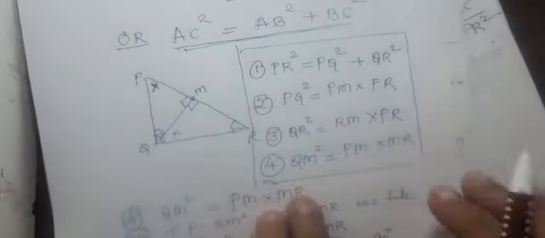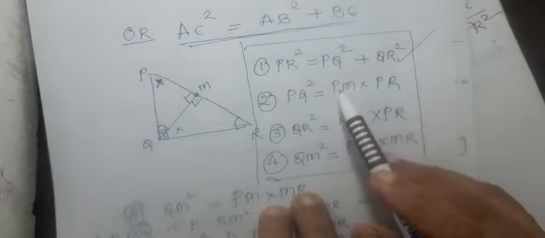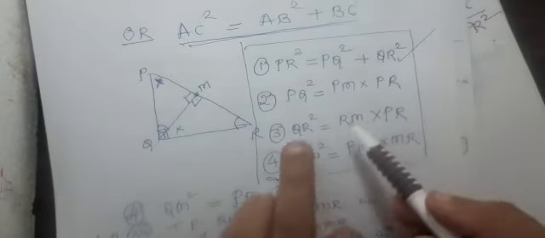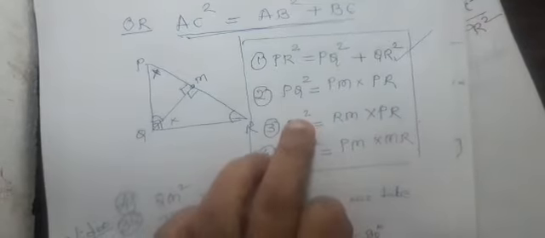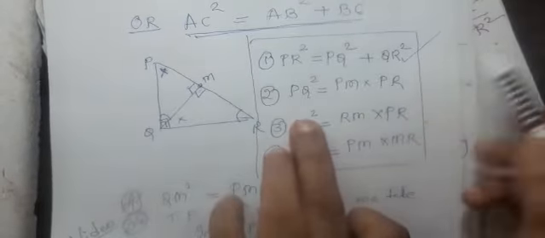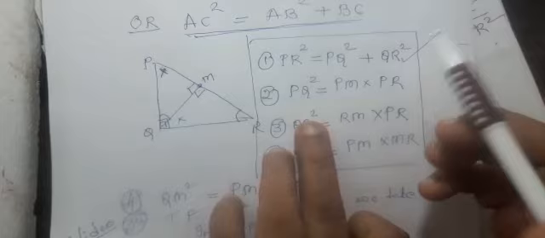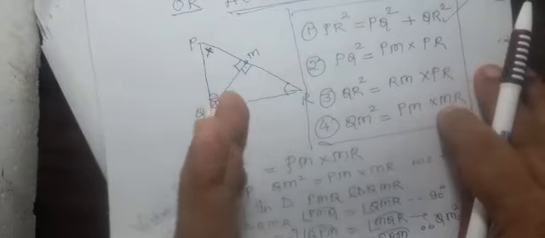So altogether there are 4 formulas I have written here. You must be thorough with those formulas. The first one is our Pythagoras theorem, what we learned now: the hypotenuse square is equal to the sum of the squares of the other two sides. The other 3 formulas are about the sides and the perpendicular, about the other 2 sides containing the right angle, which has already come in our theorem actually.